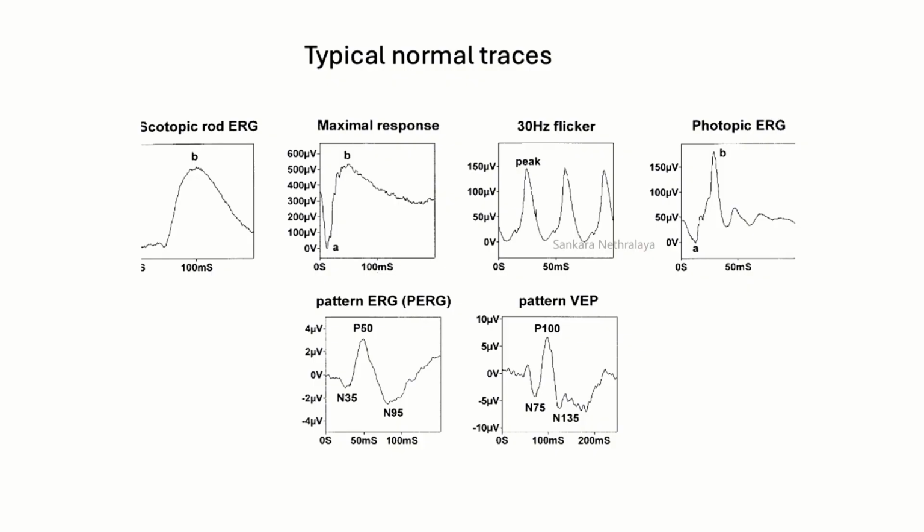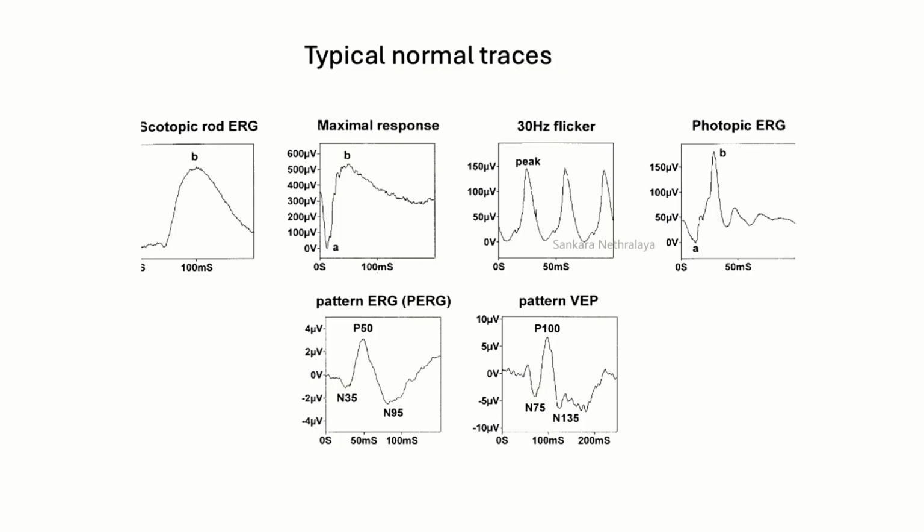So these are some of the typical normal traces. Okay. The top right, top left from your perspective. Is this scotopic rod ERG where, as you said, there is no A wave? You see only B wave. Okay. We already discussed why, right? Then the maximal response is combined maximal response, dark adapted, bright flash, and is contributed by mainly rods and dark adapted cones, right? While this is contributed by